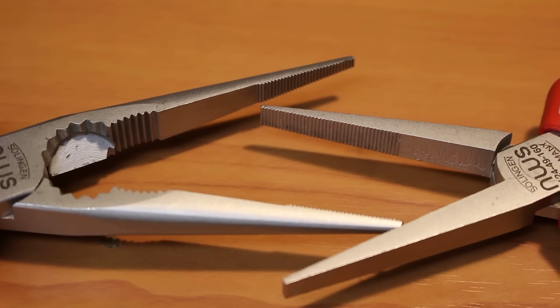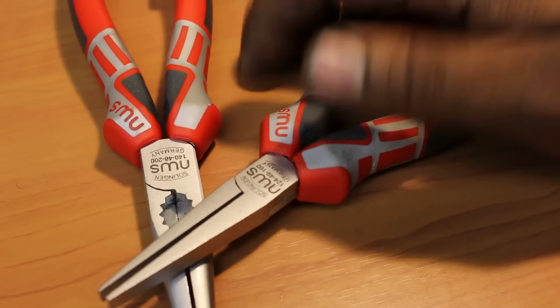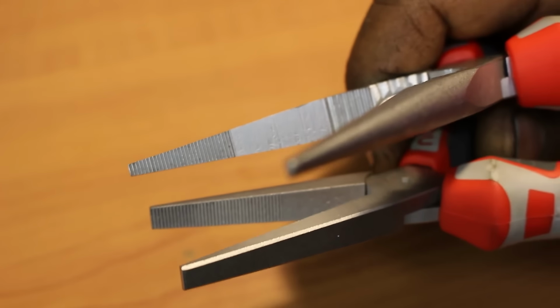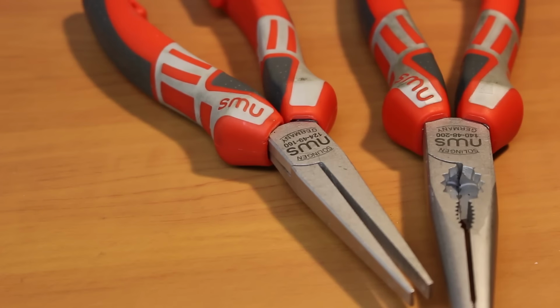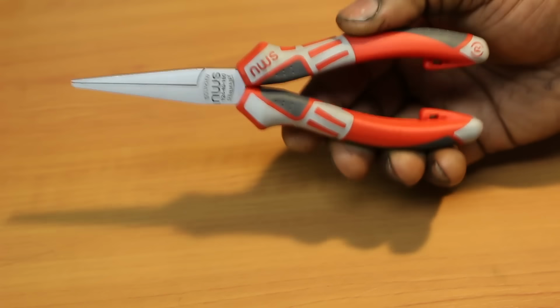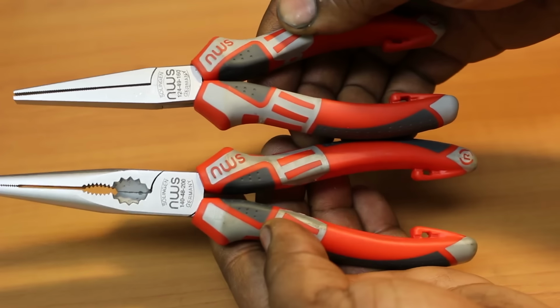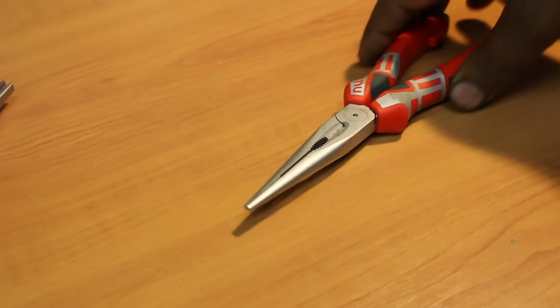When it comes to the jaws, the two are treated with NWS's Finish 49, which is a matte chrome plating designed to reduce glare when working. They are both drop forged, oil hardened, and have very fine serrated teeth, even more fine than those same Craftsman Western Forge pliers. But this is really where the similarities end. The flat nose, while being smaller in overall length, also has a smaller handle than the long needle nose pliers. That's really all there is to be said about the flat nose pliers, but there's a lot more to be